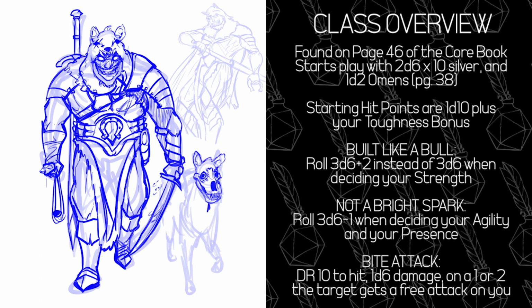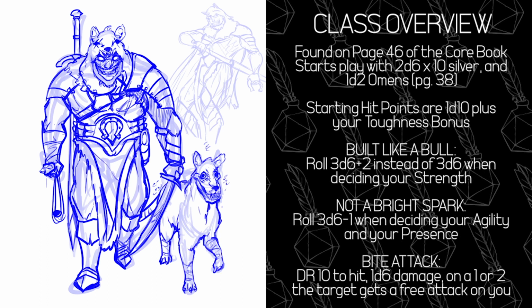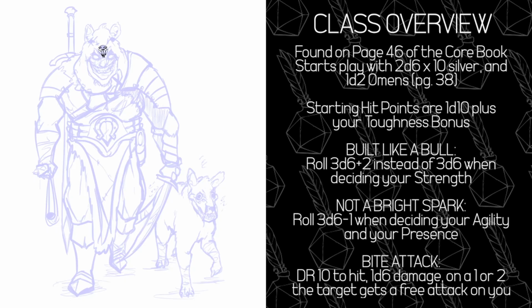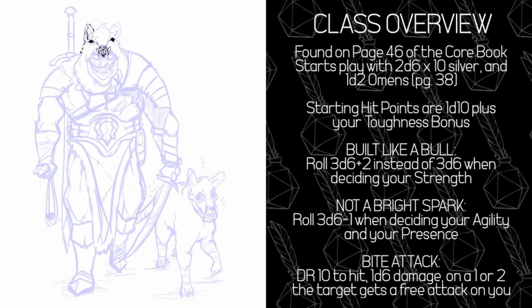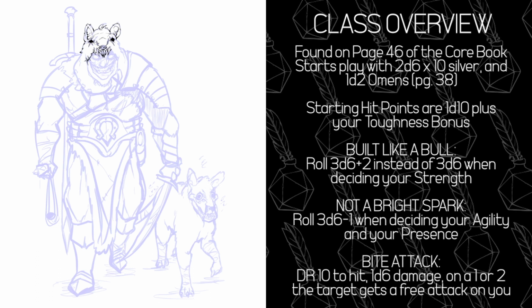Starting hit points for Fanged Deserters is 1d10 plus your toughness, and you get access to the following special abilities and items. First, Built Like a Bull. When Fanged Deserters are rolling to decide their strength score, they roll 3d6 plus 2 instead of the normal 3d6. Not a Bright Spark means that when rolling to decide your agility or presence scores, the Fanged Deserter rolls a